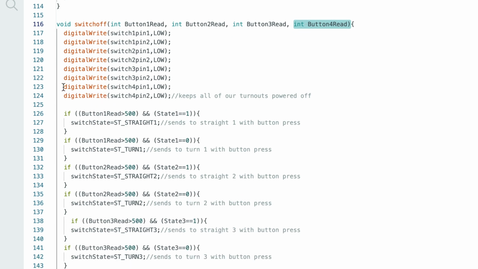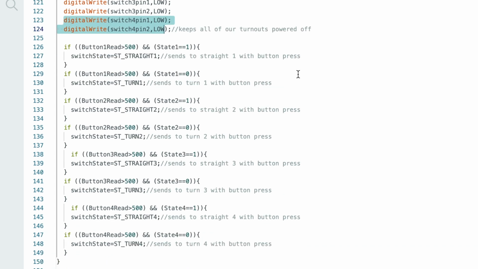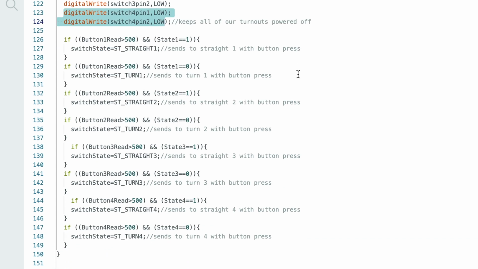And we're going to digitally write switch 4 pin 1 low as well as switch 4 pin 2 low. And that's the case for all the switch pins. We want them all to be low, so when we start the Arduino up, all of our switches will be turned off and not